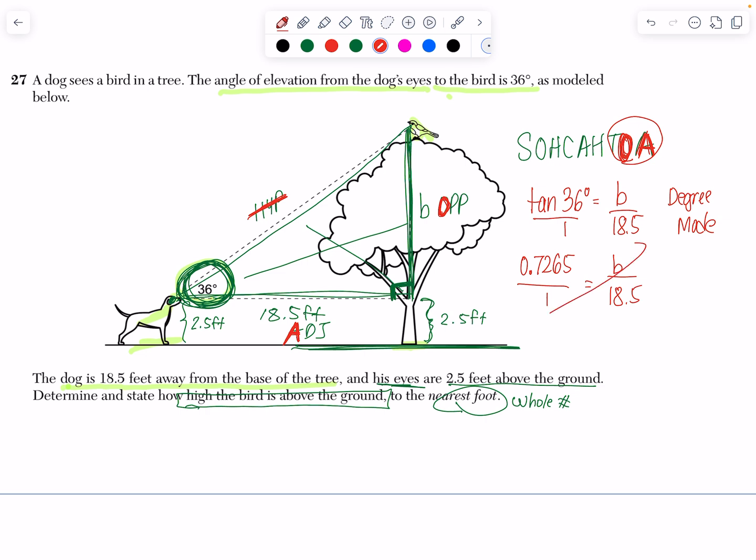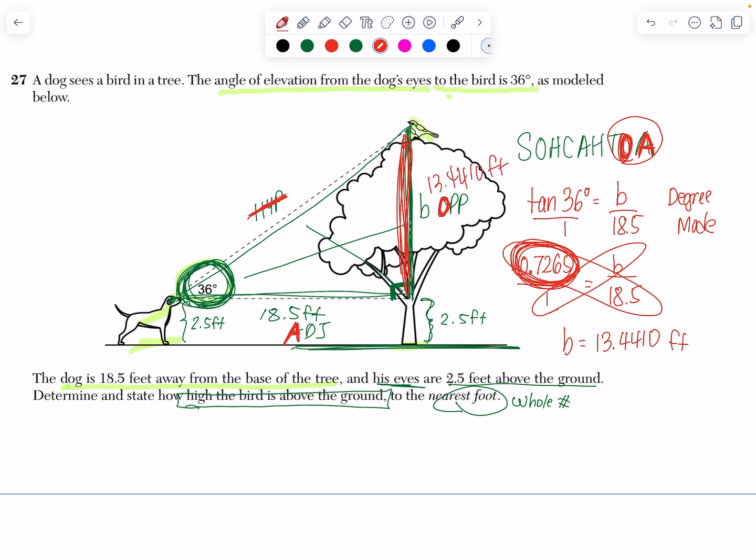So now we're going to cross multiply. 1 times B is B. And keep in mind, we're multiplying these 2 decimals. This whole thing, make sure that is highlighted in your screen in the calculator, the whole entire decimal times 18.5, and I get 13.4410. Keep in mind, I just copied 4 numbers after the decimal, but on the screen, there's many more digits. So that right here, over here, is